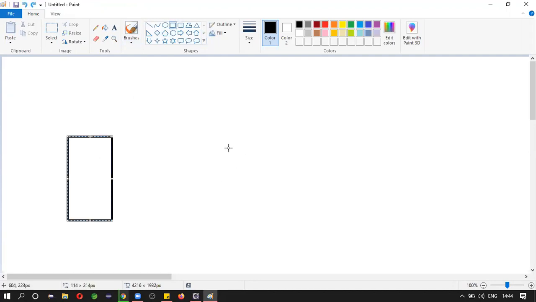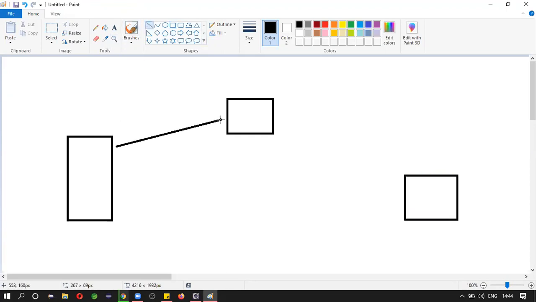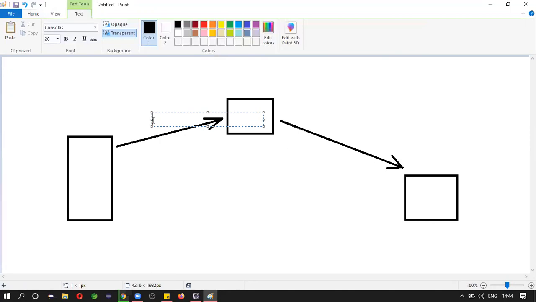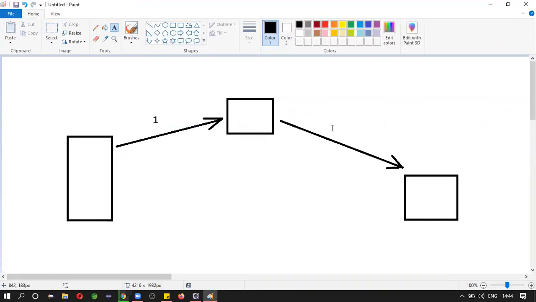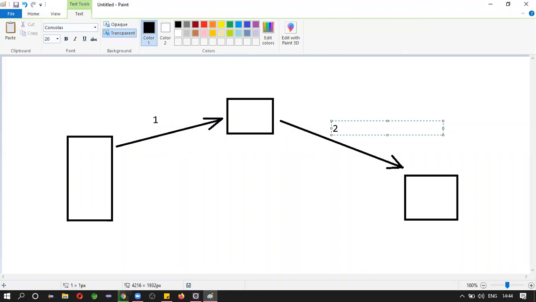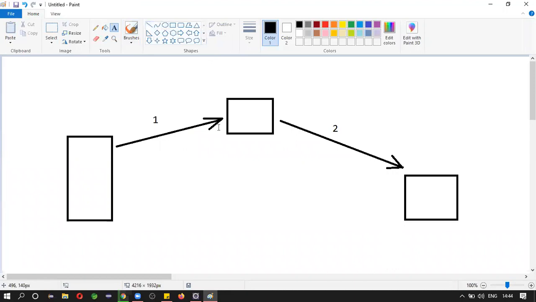So this is the form, and this is the servlet, and this is servlet 2. So the client will request this servlet, and this servlet will request another servlet. Assume this is the case. Generally, how should the control flow? This is 1, this is 2.